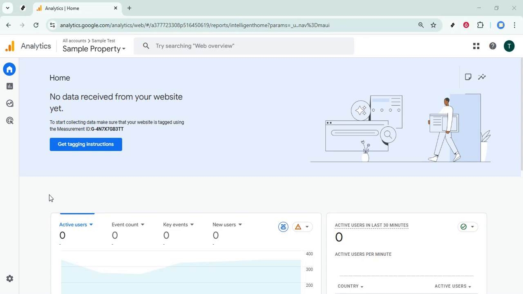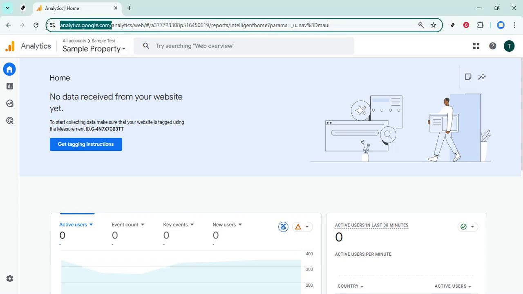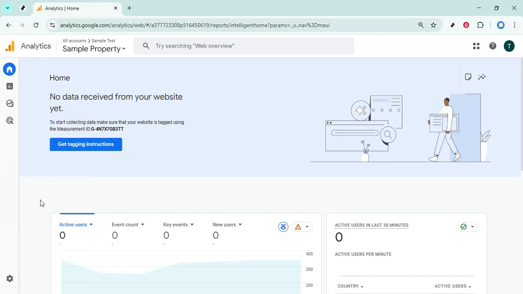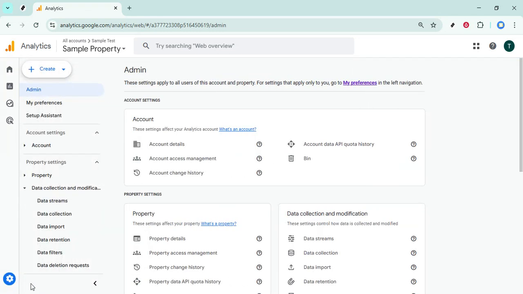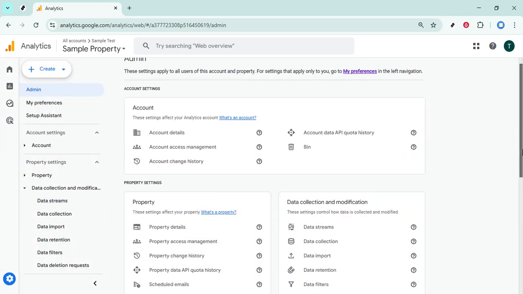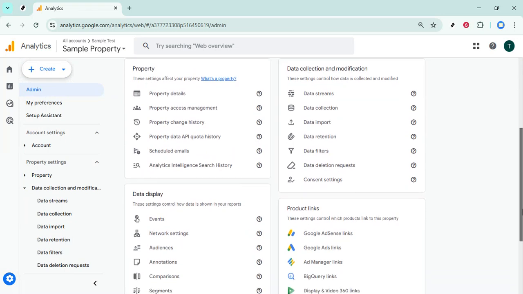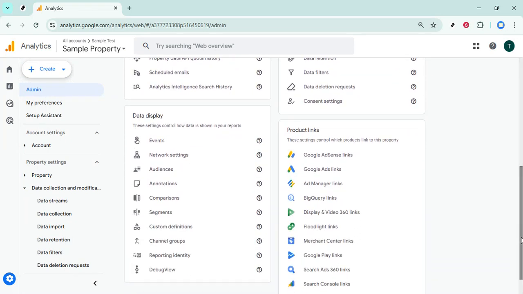First, open your web browser and go to analytics.google.com. If you're not already signed in, log into the Google account that has access to your analytics property. Once you're in, make sure you've selected the correct GA4 property in the top left property selector, especially if you manage more than one website or app. Custom definitions are property specific, so you want to be sure you're working in the right place before making any